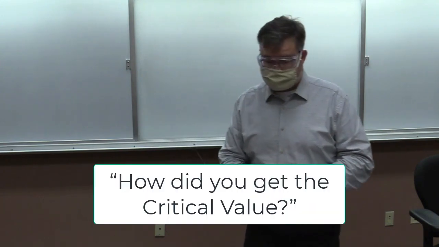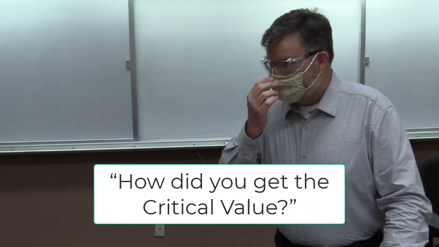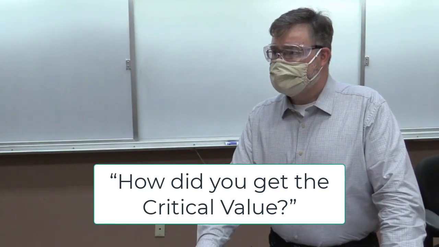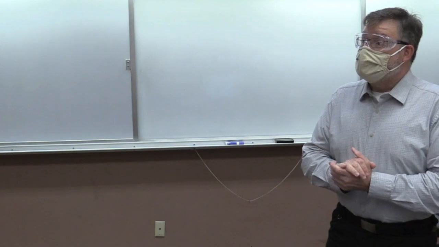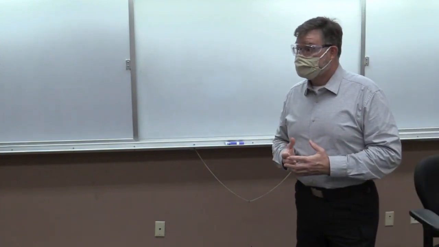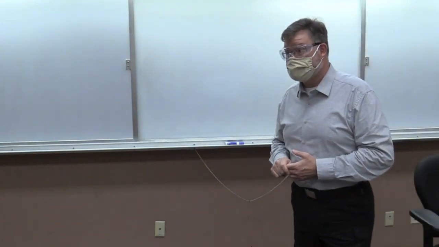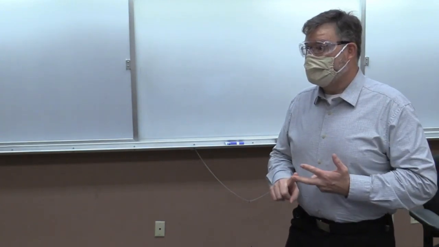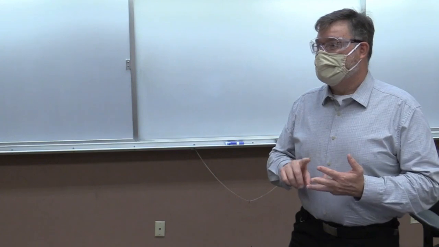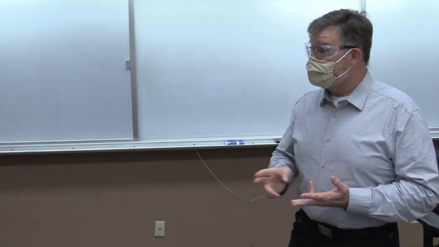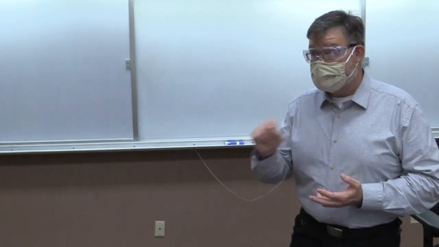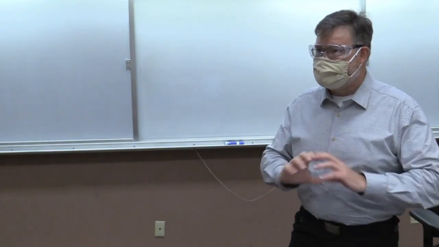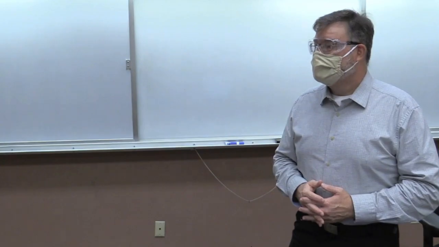Sir? How do you get the CV here? Right. So the question is, how did I get the critical value? And that I would look up in a table. There is a t-table at the end of your notes. Or I've included a table in that effect size calculator. Or the best way, I think, is to use the effect size calculator. There's a second tab that says critical value, and there's a box. And you enter the degrees of freedom, and it tells you the critical value.